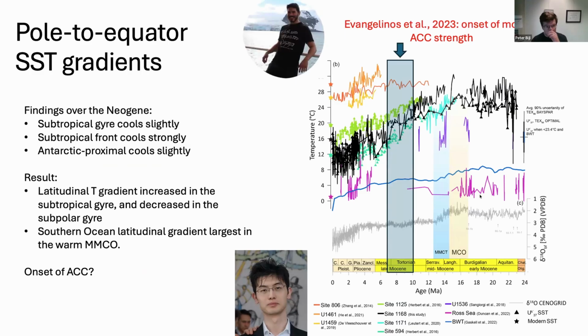So, and if you ask this guy here, Evangelinos, he was part of Carlota's group and also collaborated with Tina van der Vliet at Imperial College. Based on neodymium isotopes, the first time we see an ACC with modern day strength is between 10 and 7 million years ago. And I think that's now where the state of the art is, that the age of the first strong ACC becomes younger and younger as we move through time. And it's up to us to decipher what we would see in the temperature trends if this was really true.